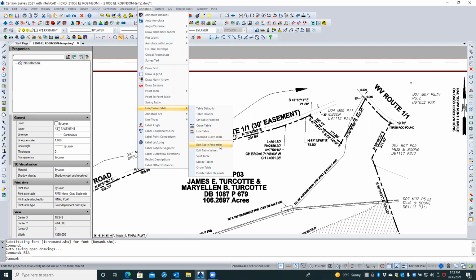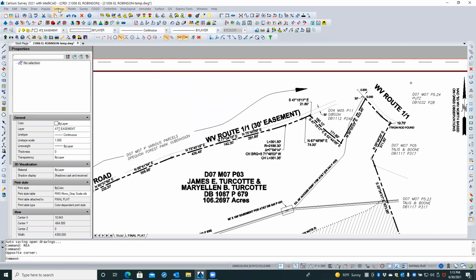Of course, you can edit those once you've done it. You can split it so you can position it twice. And the reason you have these settings here in this position and the ability to edit those positions and to split is because once you have created that table and placed it in the drawing,